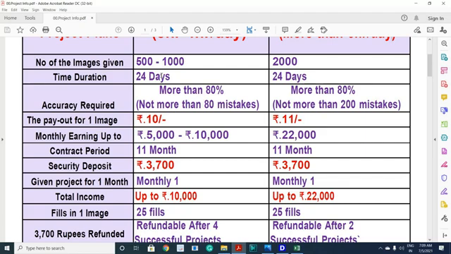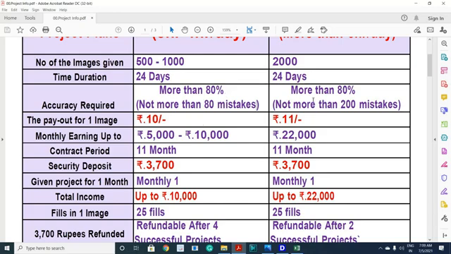After that, we check the quality. If there is any correction before starting, we'll give you all the updates. Quality is very, very important. We need more than 80% quality. More than 80% means you should not cross more than 80 mistakes here, and here you should not cross more than 200 mistakes. If you cross 80 or 200, the accuracy will fall below 80%. So make sure we get more than 80%.